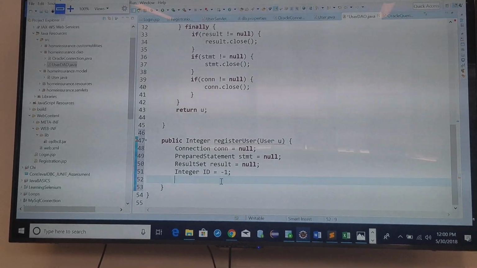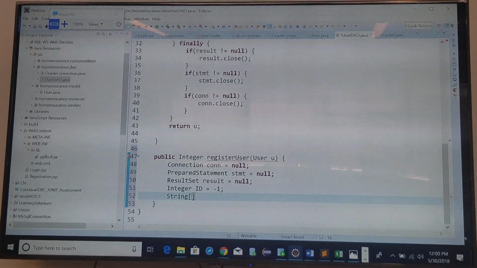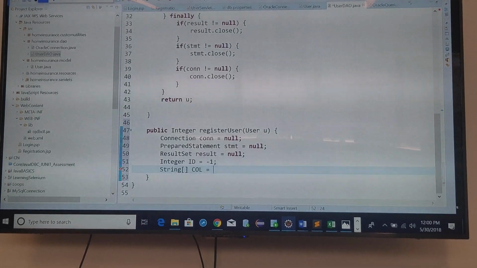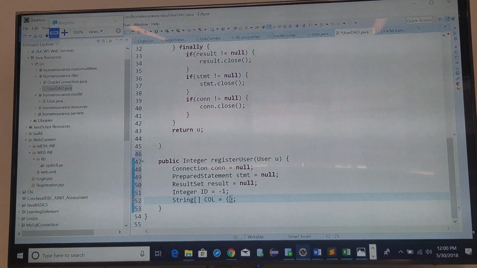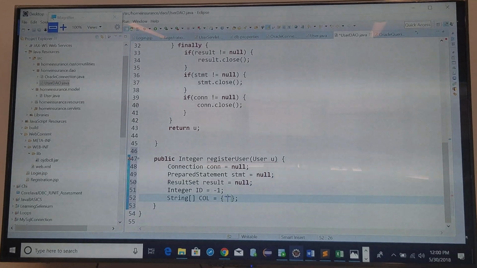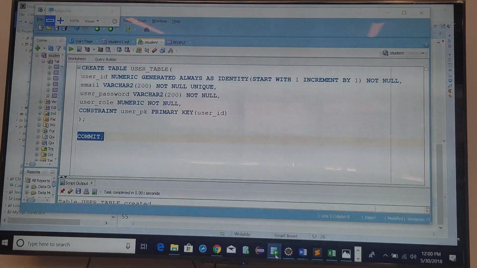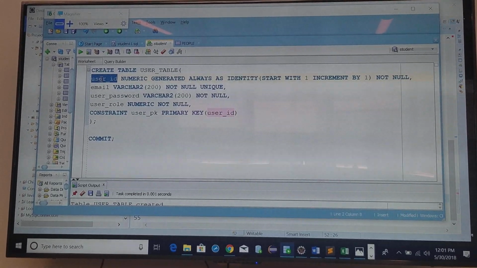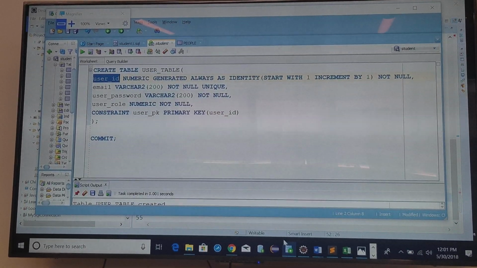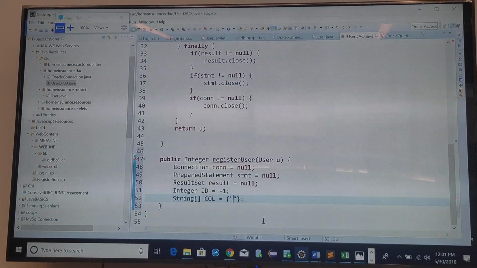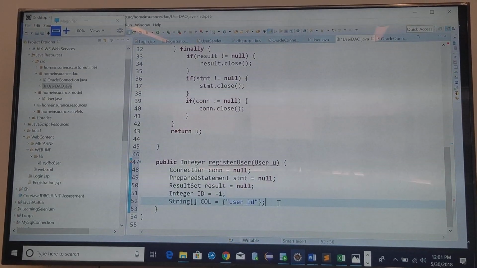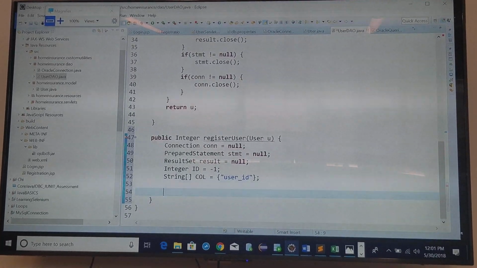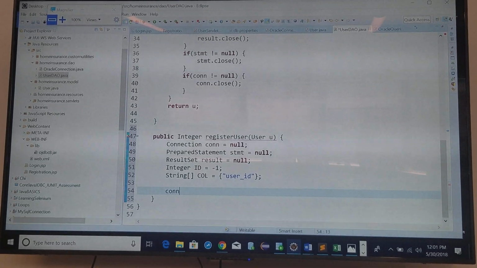In this case, it's just 1. So there's going to be an array of strings. There's going to be columns equals the columns that I would request. How to name that? Let's go user ID. So user ID, and there you go. We're on the money. Okay, so a connection